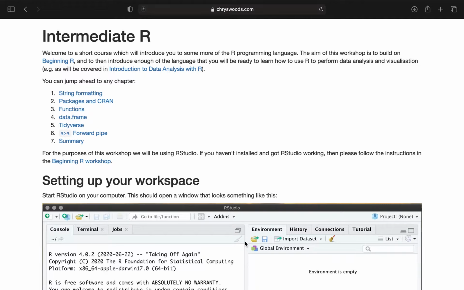This workshop is set as a series of chapters or parts, and you can jump ahead to any one you wish. For the purpose of this workshop, we'll be using RStudio. If you haven't installed and got RStudio working, then please follow the instructions that we set at the beginning of the Beginning R workshop. Now start RStudio on your computer, and it should open a window which will look something